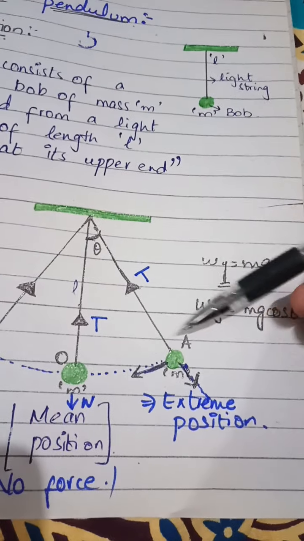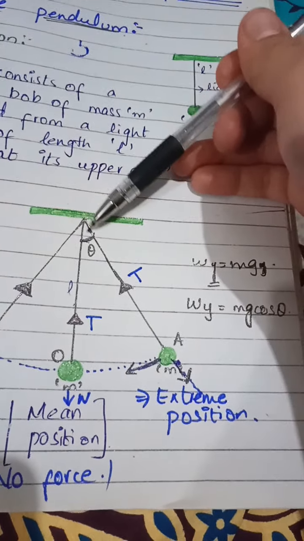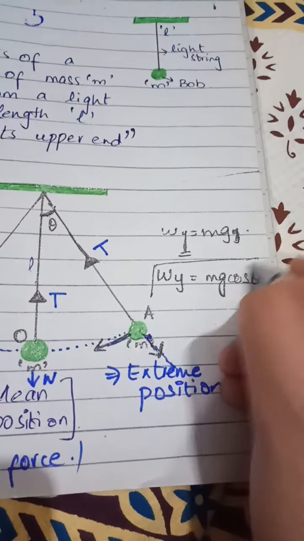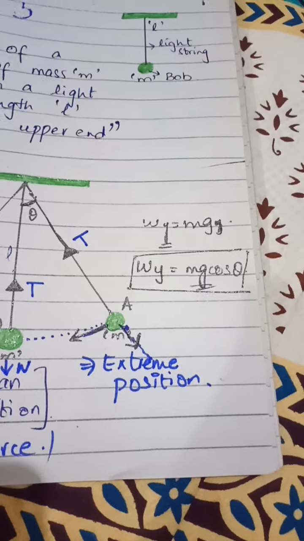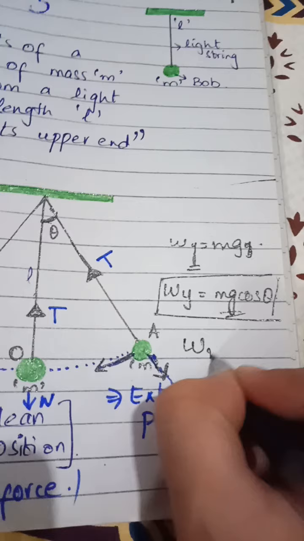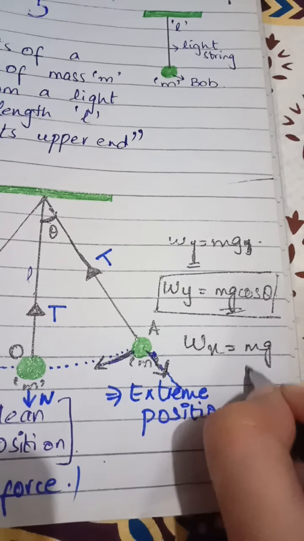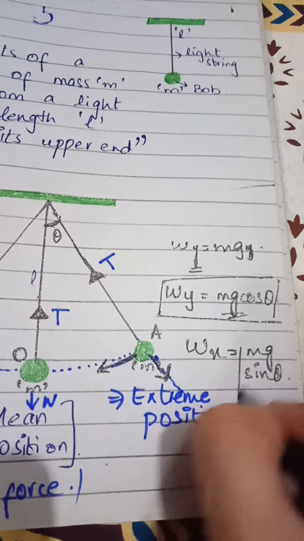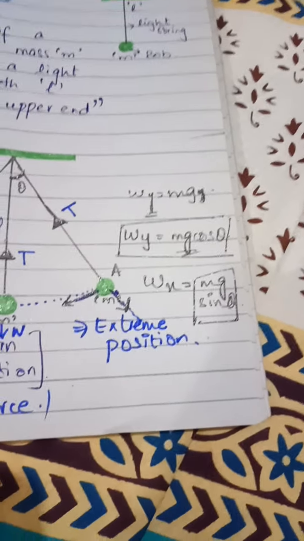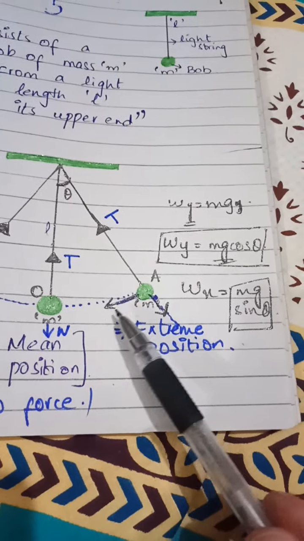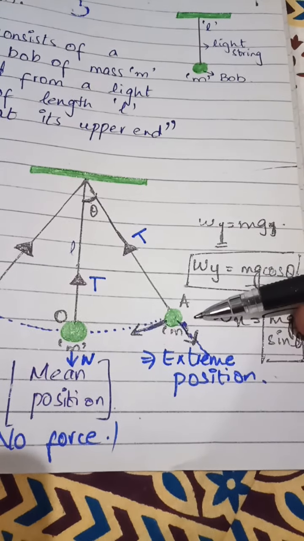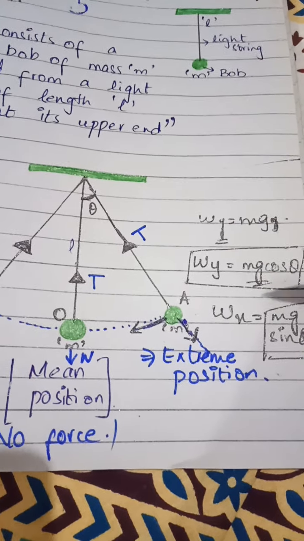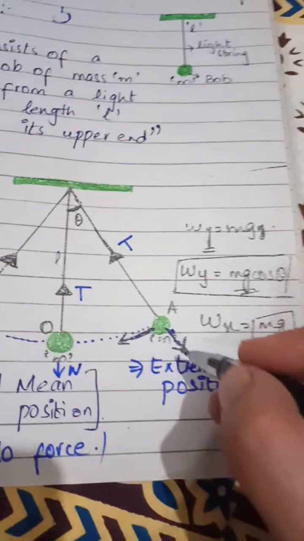यहाँ पर जब हमने उसको डिस्प्लेस किया फ्रॉम द मेन पोजिशन, द बॉडी इज मेकिंग एन एंगल. सो फ्रॉम हेयर the force that is acting along the y component is mg cos theta, and when we talk about x-axis, it is mg sin theta. So the force that is acting along this direction is mg sin theta. Now what will happen? The component that is acting along the y-axis, the mg cos theta, can cancel out the effect of each other.